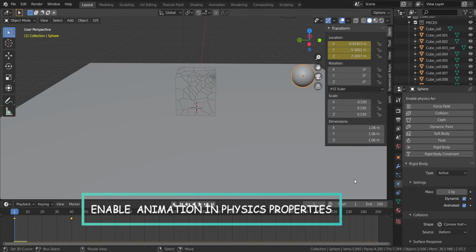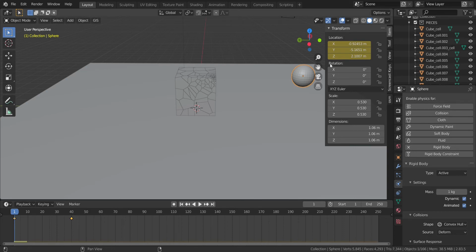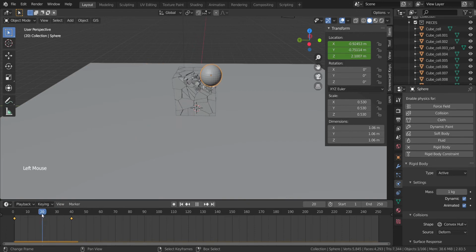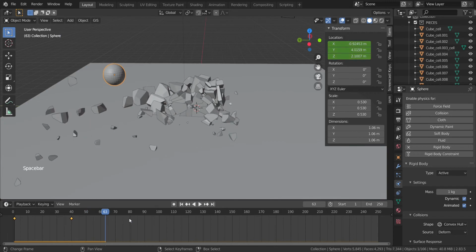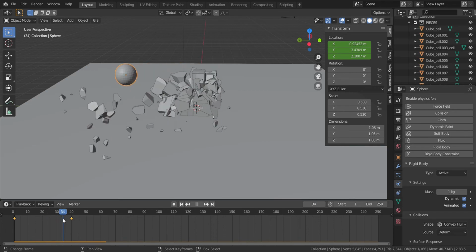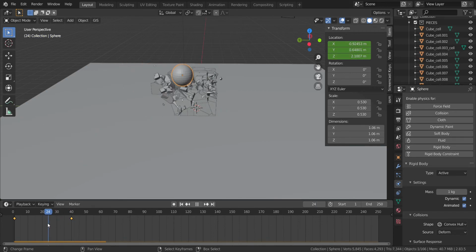Now we have to simulate it. We are currently in animated condition. The Blender physics tells this cube that it should be moving along with the timeline and will act on this cube. Okay, so now after playing it, as you can see this sphere is breaking this cube. But currently, as you can see, this cube is just moving in a straight line, which is practically not possible. So we will be changing some settings for this cube movement also to make it more realistic.